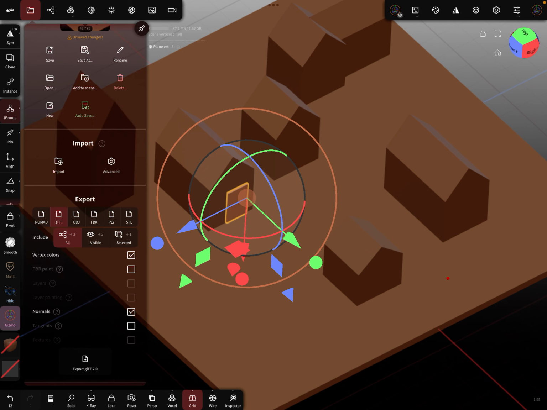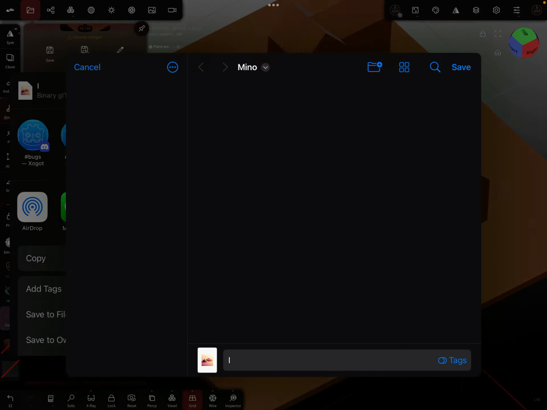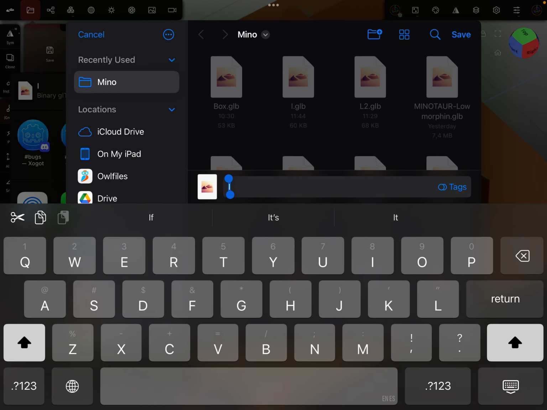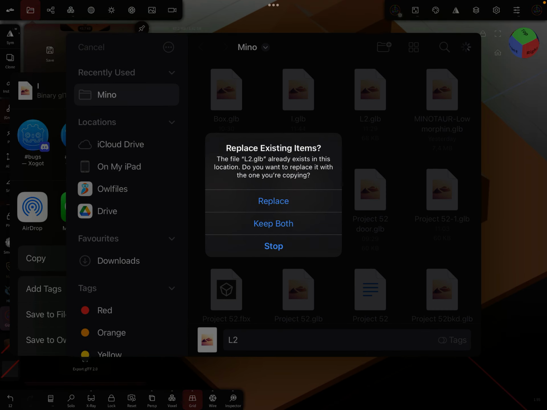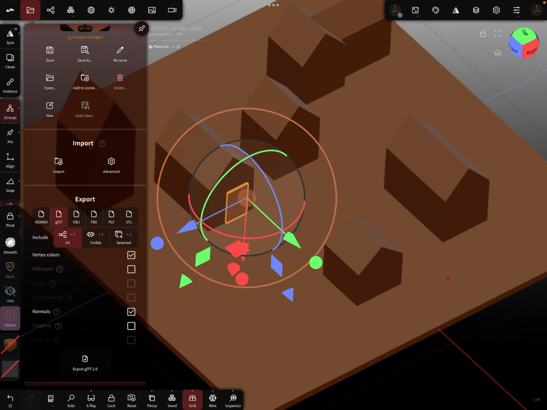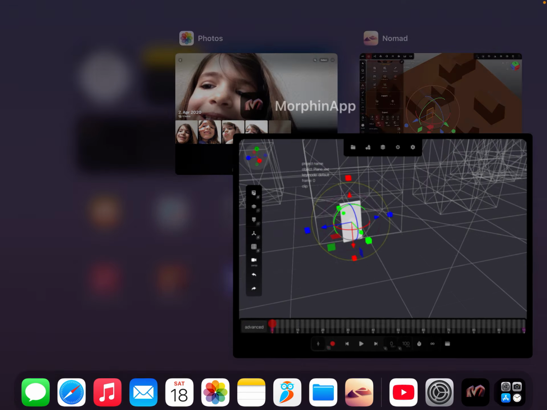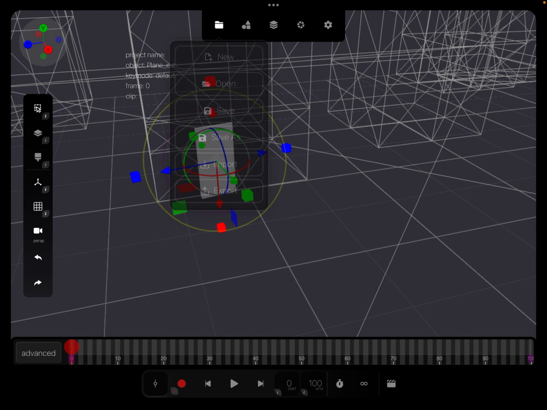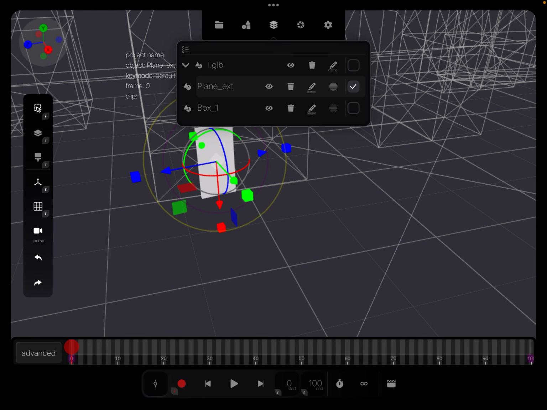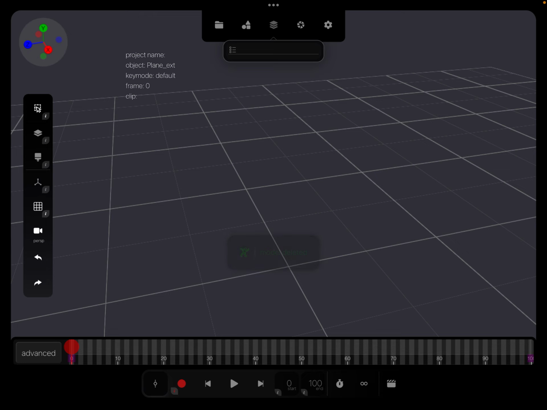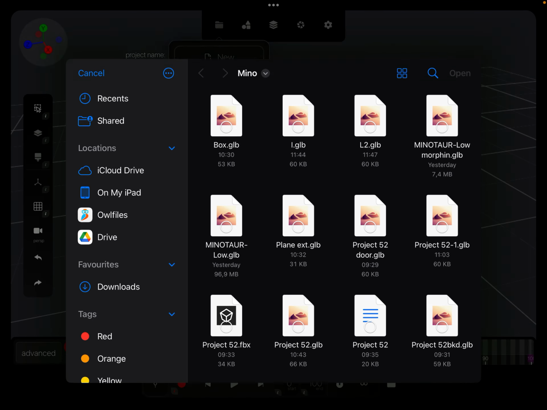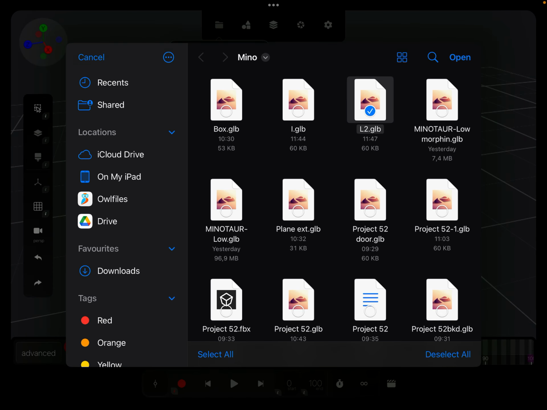So if I would export this now, let's see, I save it to my files. Let's put a new name, L2, save, replace. And you can see here I did this before. So let's delete the whole group. If you delete the V, it's gonna delete everything, right? So we delete that and we can import. So L2, and we look at